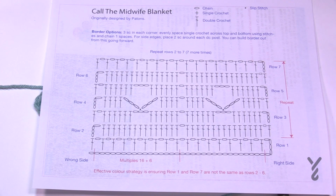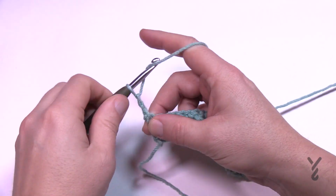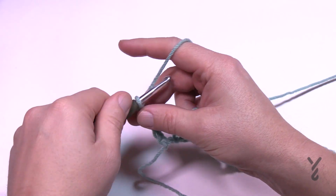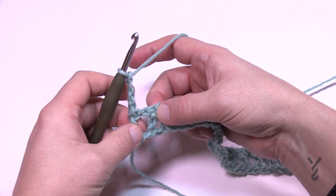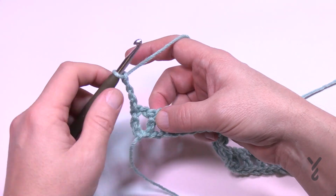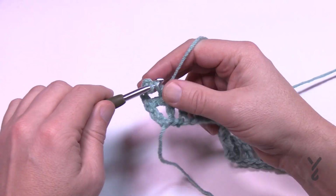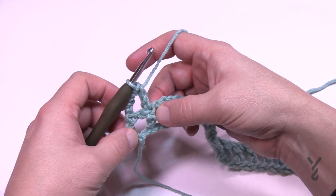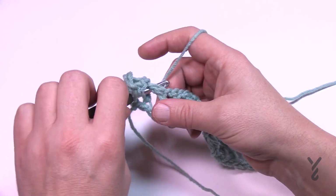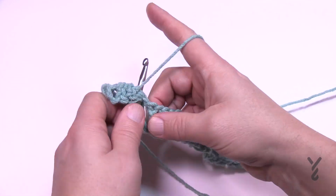So let's begin row number two. We're going to chain four. So 1, 2, 3, that's a double crochet, and the fourth is a chain one space. So never forget that. Starting in the next double crochet by skipping over this chain one space, you're going to double crochet there. We have to do a total of 15 in a row, and you should count that. So this is 1, the next chain one space is number 2, and then the next double crochet is number 3,